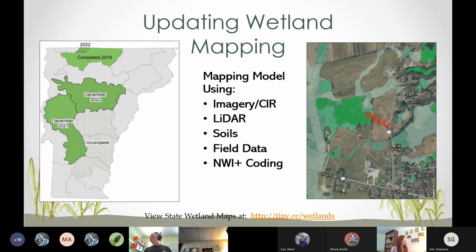And the Otter Creek watershed has been completed, and it should be added to the advisory map in 2021. And then coming up next is the Winooski watershed. So we've been applying for and getting these watershed grants through the EPA to do these updated mapping models. This also incorporates things like LIDAR, field data, and much newer imagery. So these tend to be more accurate than the VSWI in terms of detecting wetlands in the landscape.